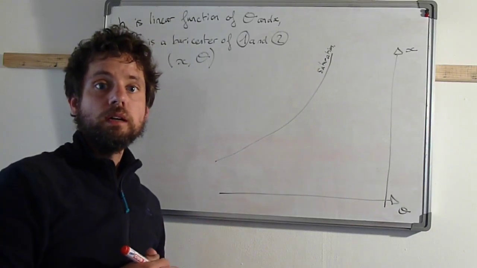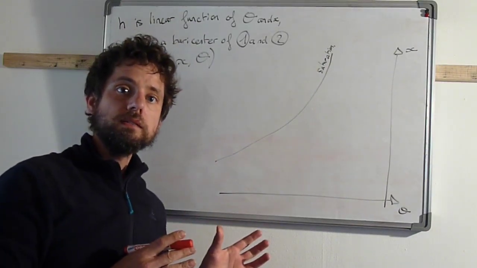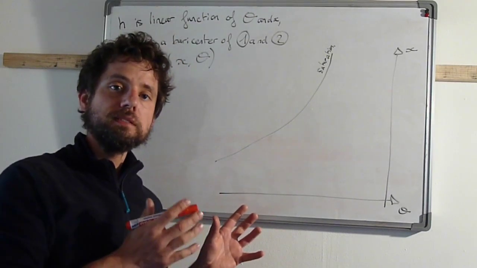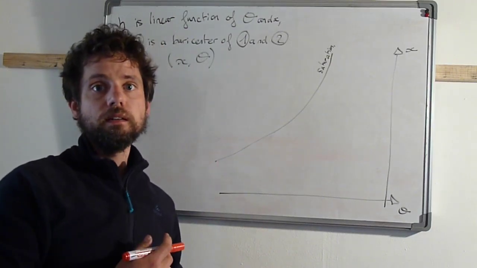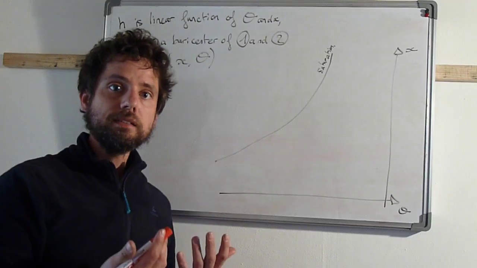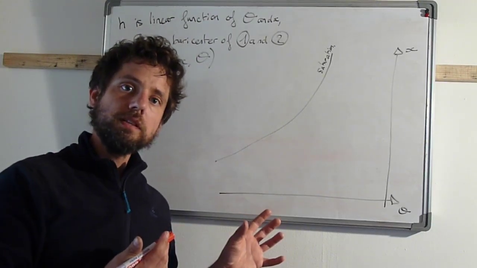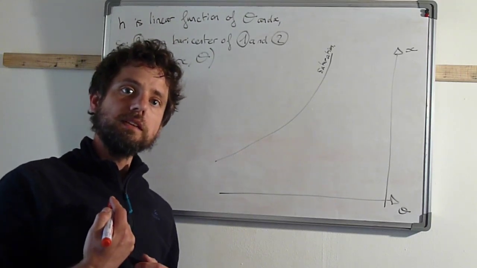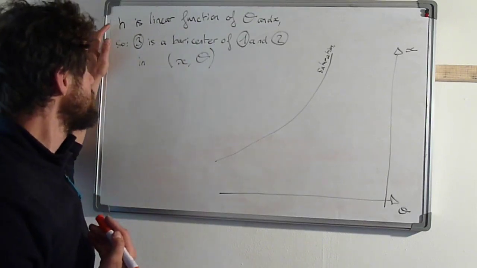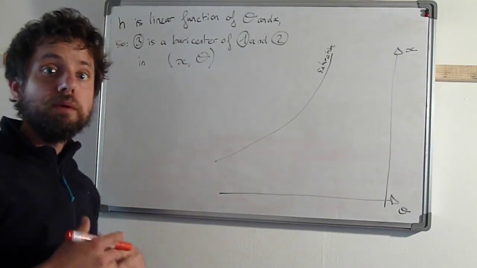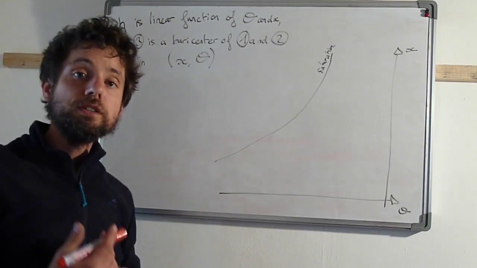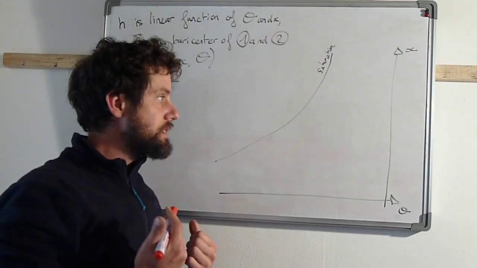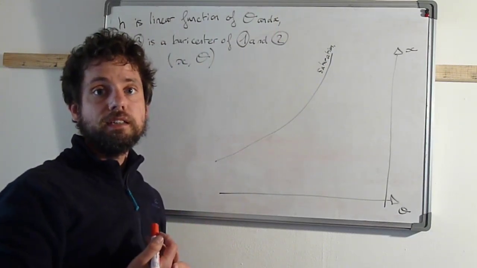We have seen before that 3 is the barycenter of 1 and 2 weighted by their respective mass in a diagram that would have as axis X, the moisture content, and H, the specific enthalpy. Now we have also seen that the specific enthalpy can be approximated as being a linear function of the temperature and the moisture content. And this can be seen clearly on the Carrier diagram because